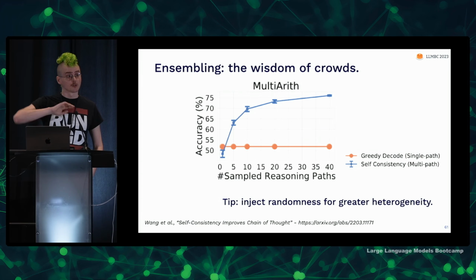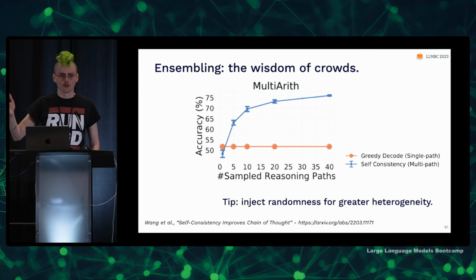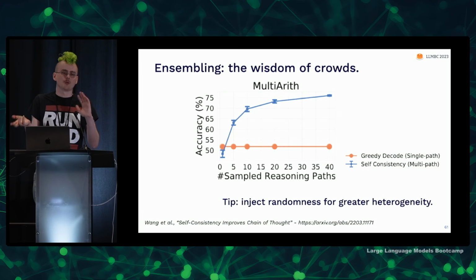Then, orthogonally to all of this, you can also ensemble the results of multiple models. This is a statistical model. It's a probabilistic program. It generates different outputs on different runs. So why not just generate like 50 different outputs? The intuition here is that the right answer should be more probable than the wrong answer. There are maybe many ways of getting to many different wrong answers, but only a few ways of getting to the one right answer. So if that's the type of problem that you have, ensembling is likely to work well.